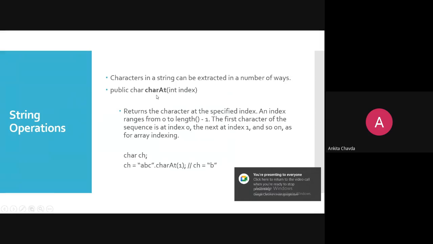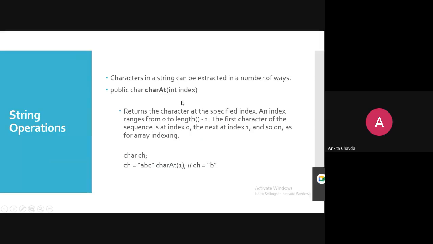Okay. Simply in this charAt, I just need to provide the index: the 0th index, so I'll get the very first character. If I want the second character, I need to give the index 1 and so on. So it will simply return the character. That is why, wherever the syntax has been asked in the exam, you just need to imagine that after running this charAt, what will I get?